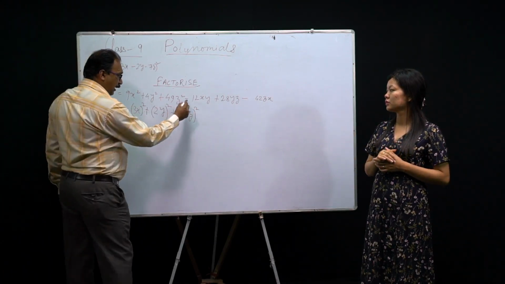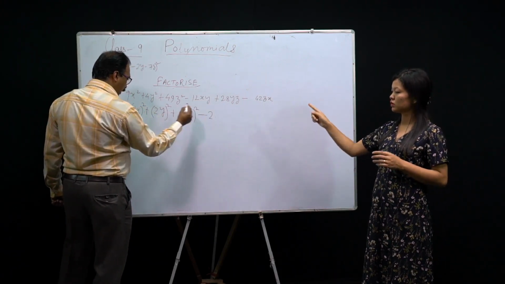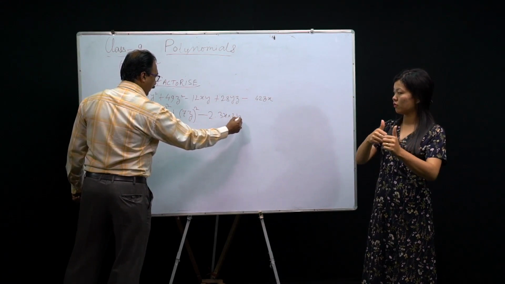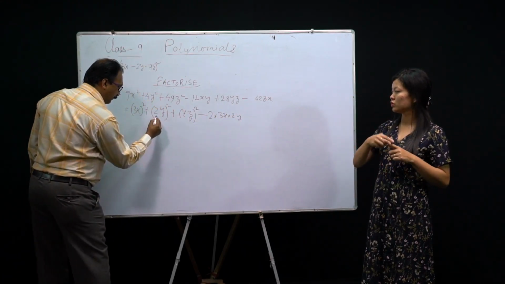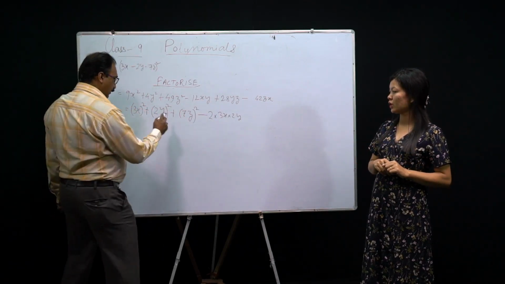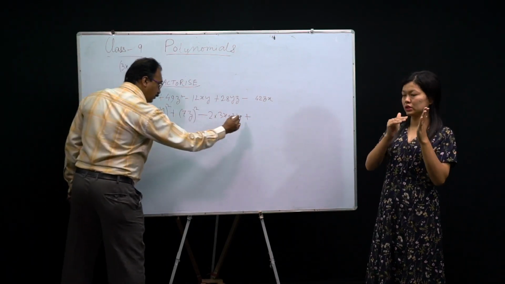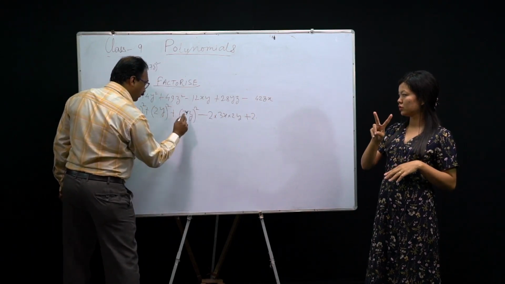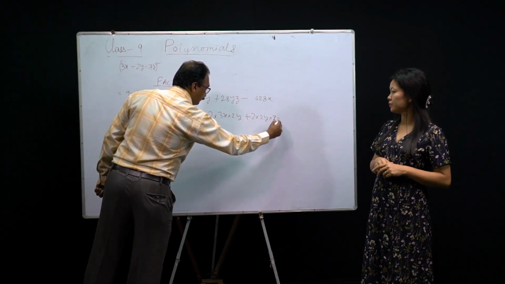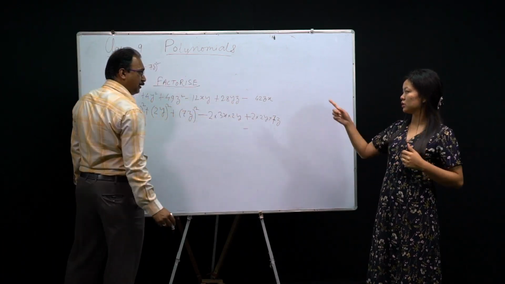Understood? Now here minus, don't think about this one, okay? You come back here, the formula taught us 2 into first into second. 3x into 2y is first into second. Now we check, 2 3s are 6, 2s are 12xy coming, yes or no? Then what sign do you have? Plus, for the yz combination, so 2 into 2y into 7z. Clear? Then the last term is minus, the zx combination.